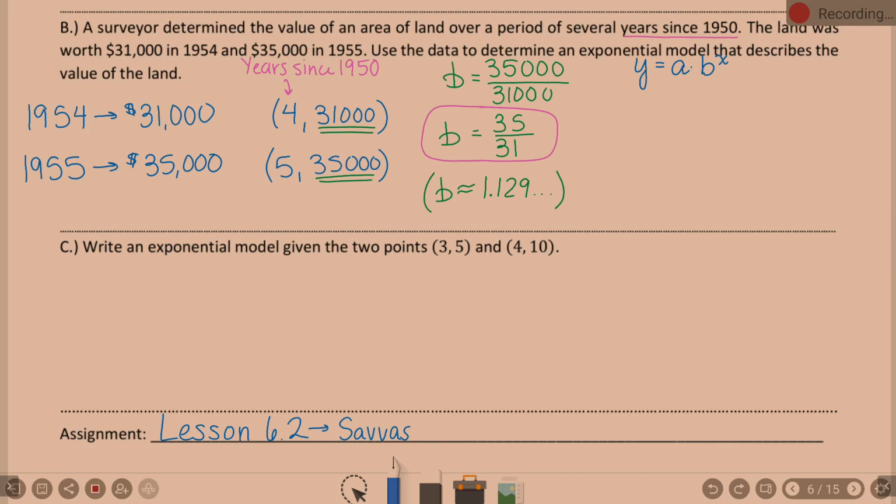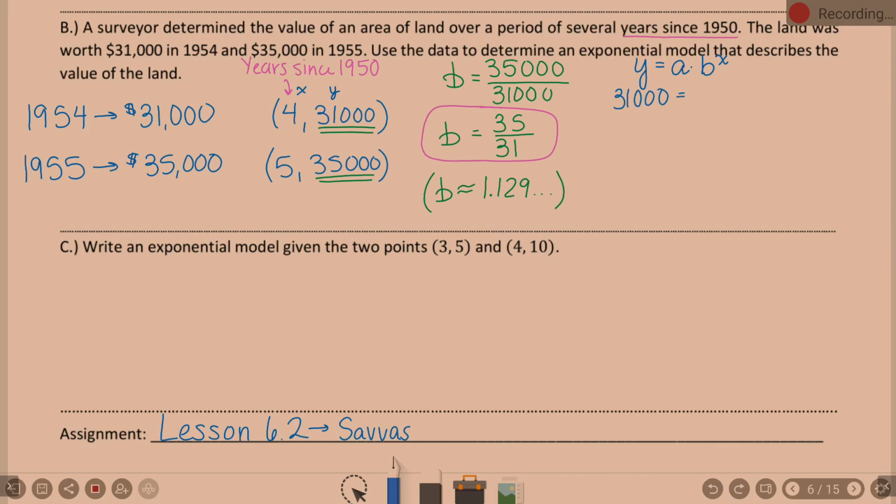No. You want to use the one with the 4? Works for me. It doesn't matter, though. Okay, so if we use the one with the 4, the y value is what? 31,000. The 31,000, right? XY. So we're going to do 31,000